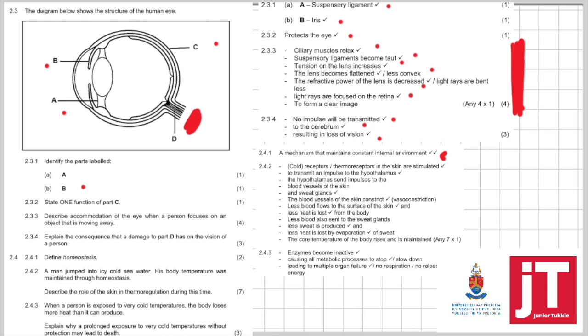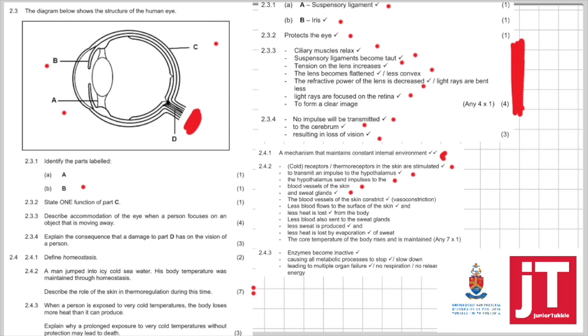2.4.2. A man jumped into an icy cold sea. His body temperature is maintained through homeostasis. Describe the role of the skin in thermoregulation during this time. So he jumped in an icy cold sea. So what happened? The cold receptors in the skin are stimulated. They transmit an impulse to the hypothalamus, which then sends impulses to the blood vessels of the skin and